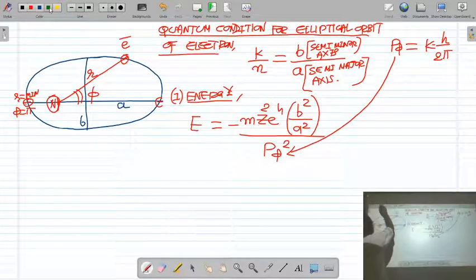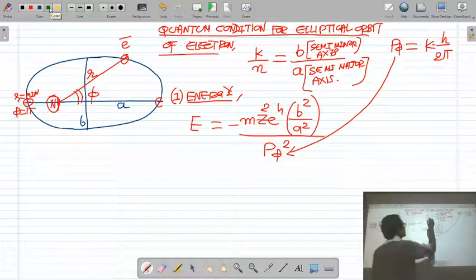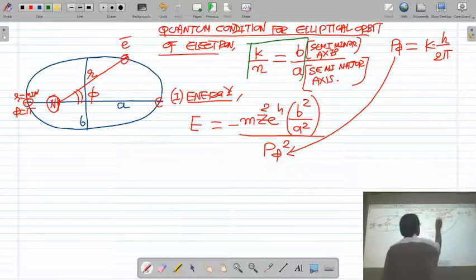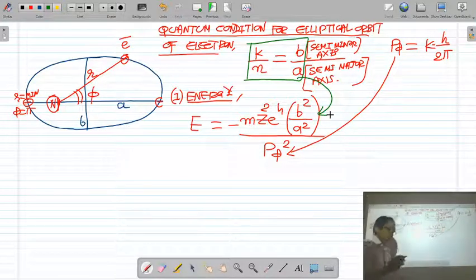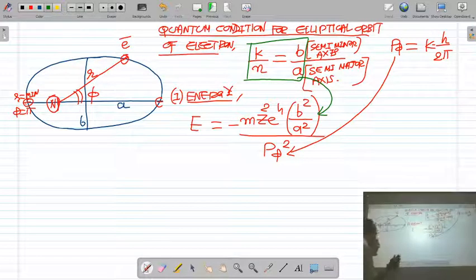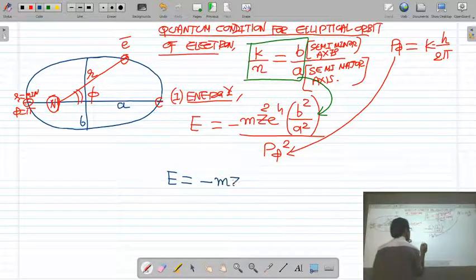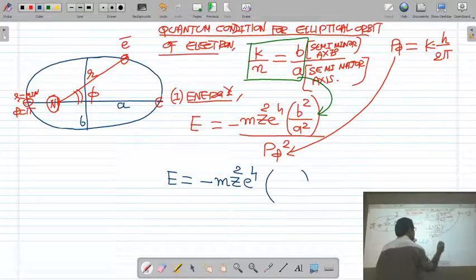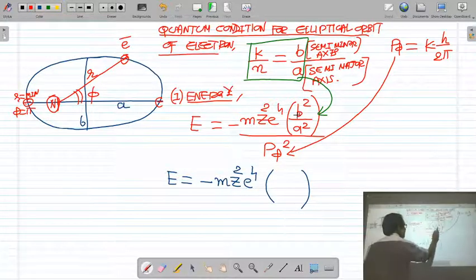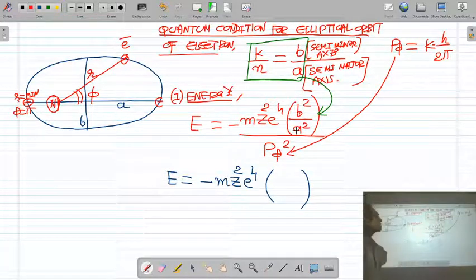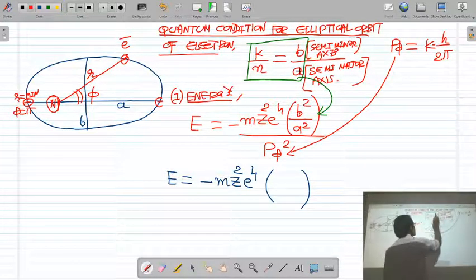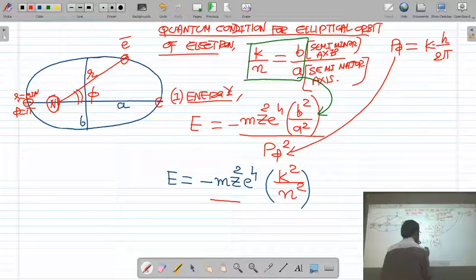We also obtain the quantum condition b upon a is equal to k upon n. So we can put the value of b upon a here, and you will get the exact expression for the energy of the system. So E is equal to minus m z square e raised to 4. Now let us put the value of b square upon a square. The quantum condition is b upon a is equal to k upon n, so b square upon a square is equal to k square upon n square, divided by